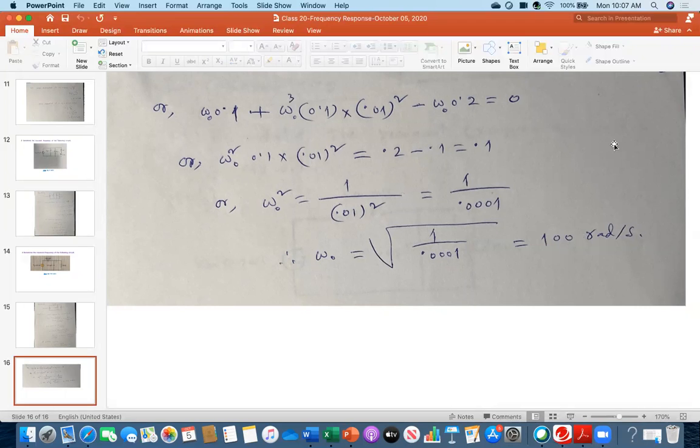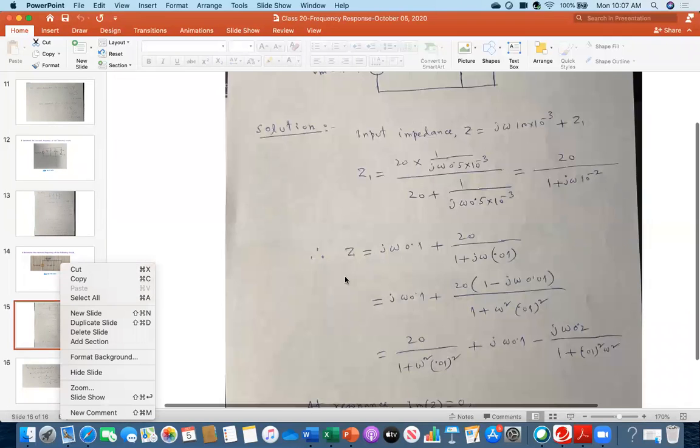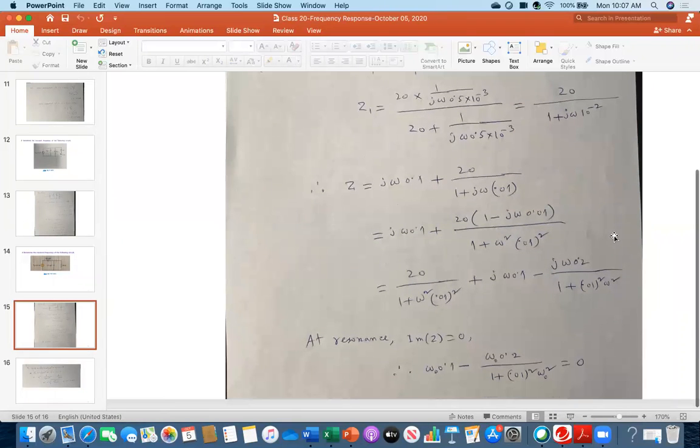Julian, are you not getting this one? No, I have that one. Okay, so you properly got 100, right? Yes. Brad, you got it now? Yes, sir. I just got lost in algebra for a second. Okay, so again, I am going to the previous slide. I think this first one is very important. Okay, look at this one.